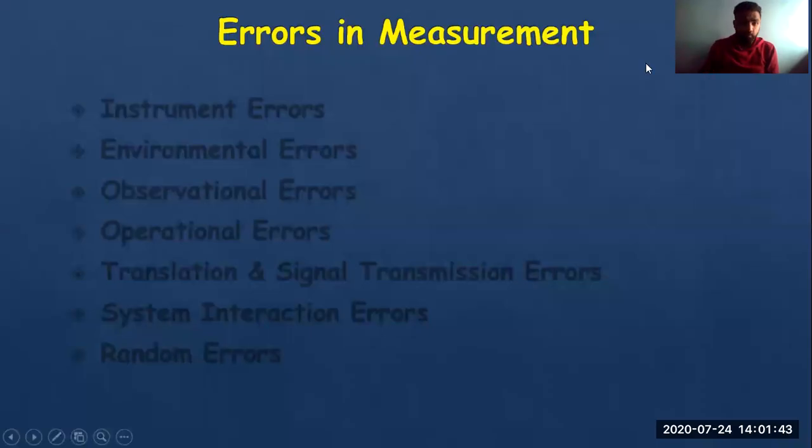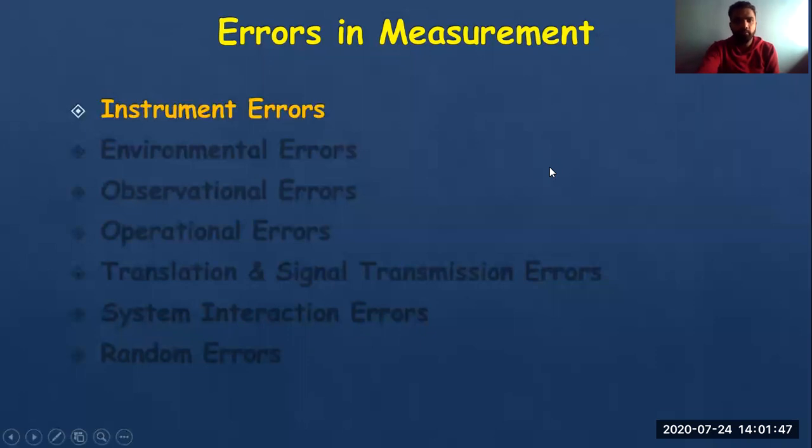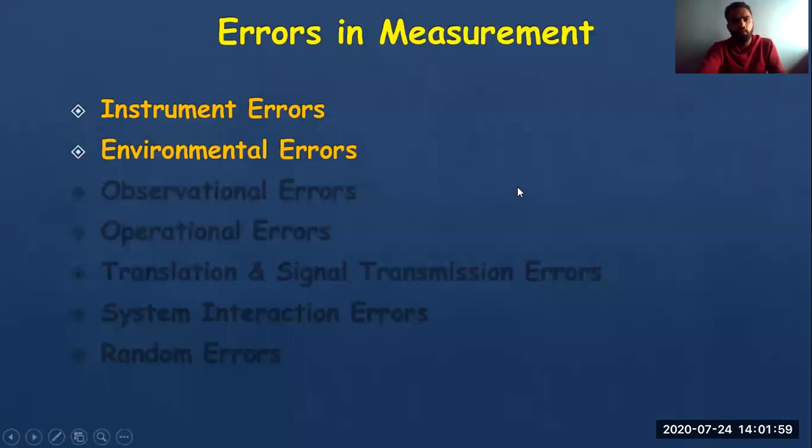Hi, we are going to start with errors in measurement. So I'll just list down what the errors in measurement are. One of the errors is instrument error. You will get different kinds of error types in different types of books. If you go for a reference book, you will get all these kinds of error. If you go for a normal technical publication, you won't get this many types of error. You might get human error, random error, gross error. These are the three basic types that are there in your books.